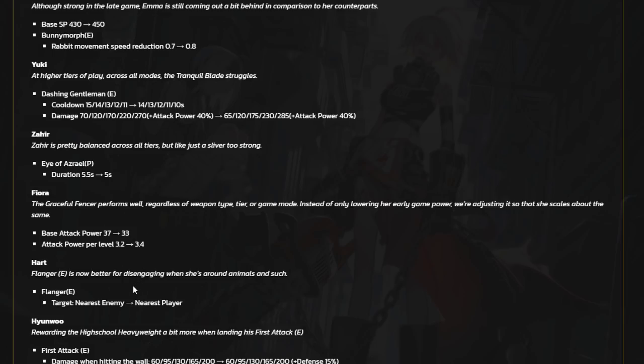It's a change that's been requested for a very, very long time. Hart's E will now prioritize players. That's her dash that shoots out one little bolt to the nearest target. Instead of targeting animals, it targets players first, which is extremely important because Hart had a lot of trouble getting